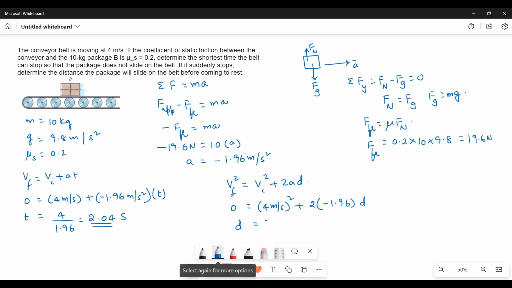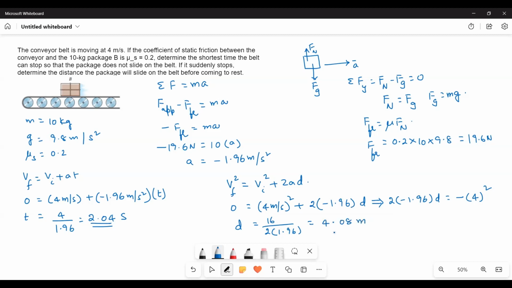I will write it like this so you do not get confused: 2 into minus 1.96 times d is equal to minus 4 square. The negative sign goes away and d is equal to this one. So this will give a value of